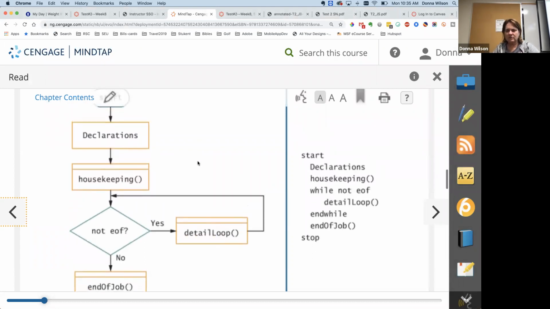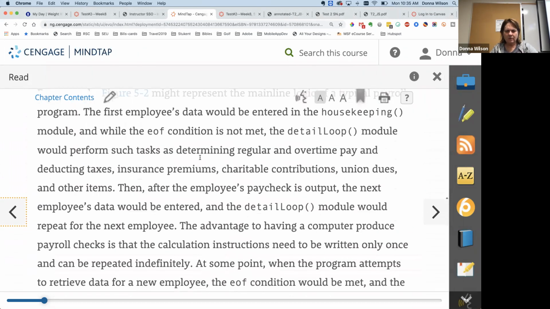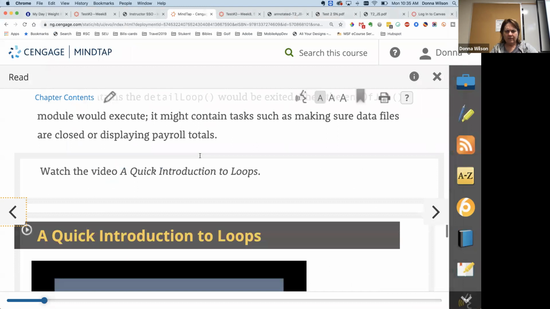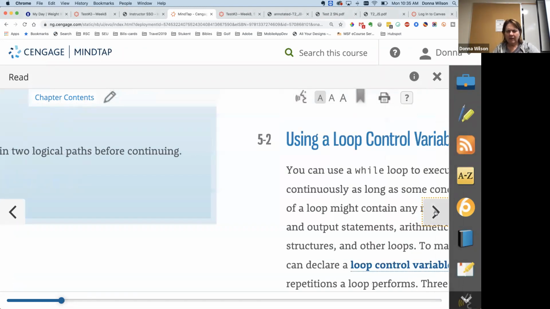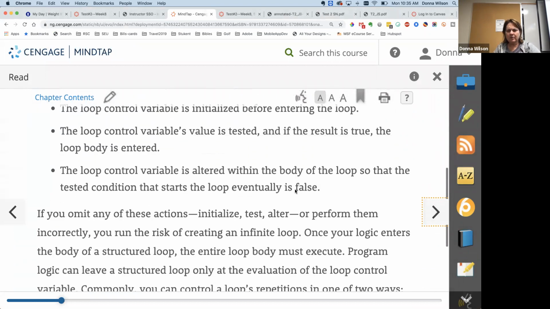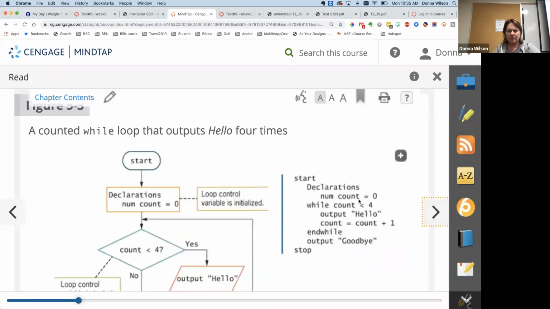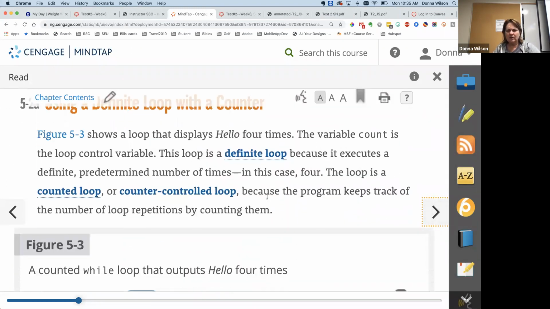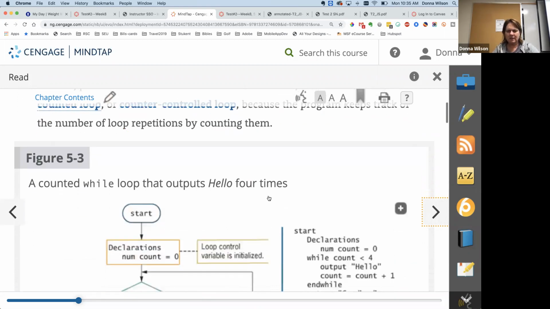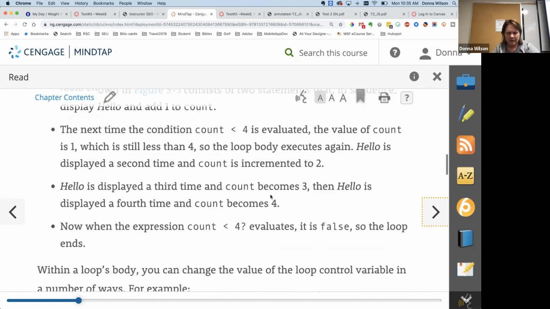Let's see. Okay, so the next one, that was a counter controlled. That was the introduction. We already went past that. Okay, the other loop was the indefinite with a sentinel value. So this loop is a definite loop because it executes a definite predetermined number of times. It's a counter control loop, and that's the one we just looked at. Then